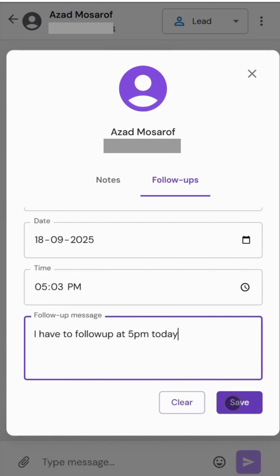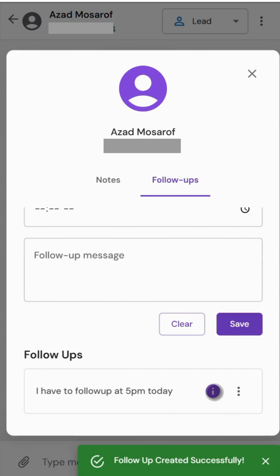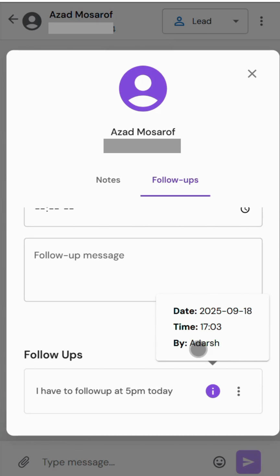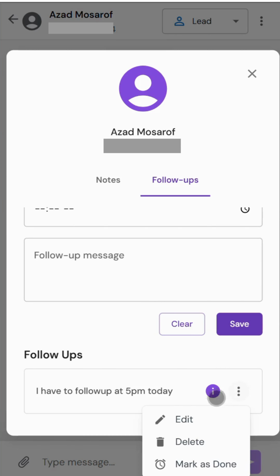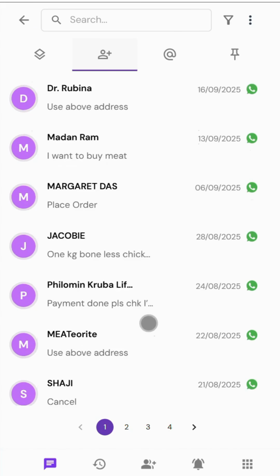Once done, the follow up is created. Now you can see this entry under the scheduled follow ups. Each follow up shows the details along with the options to edit, delete, or mark as done once the task is completed. Next, if we want to check the history of follow ups, we can go to the follow up